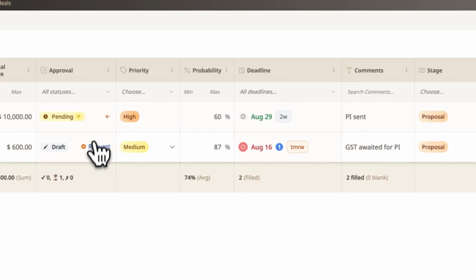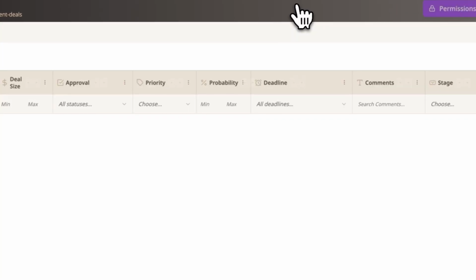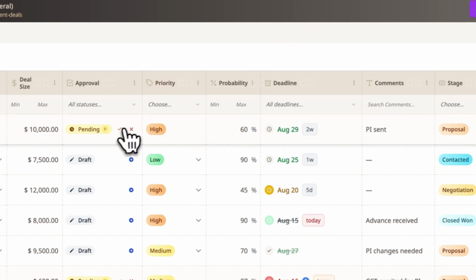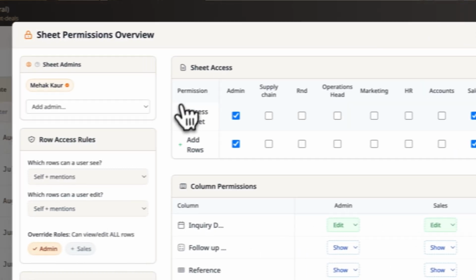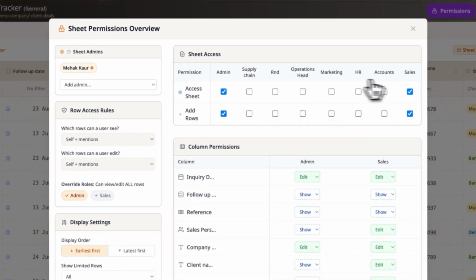Select it so now people can actually request an approval and the one with permission can approve or reject and give a pat on the back with a cute comment. Good job, Pat. But what if Pat could by mistake delete someone else's entry? Scary. So let's talk more about permissions. And please try not to fall in love with MasterSheets here. Just click on all permissions and choose which roles can access the sheet or add rows to this sheet.